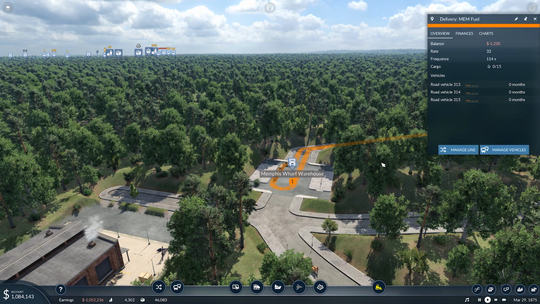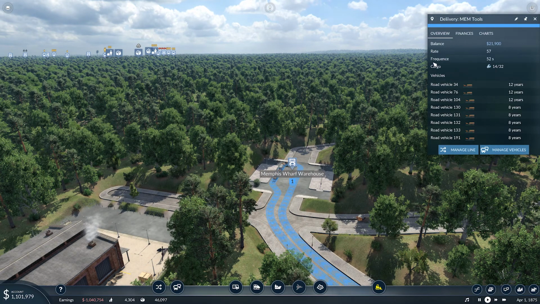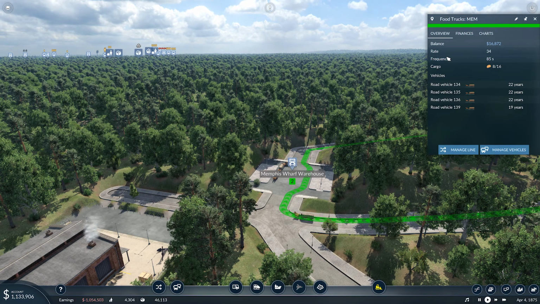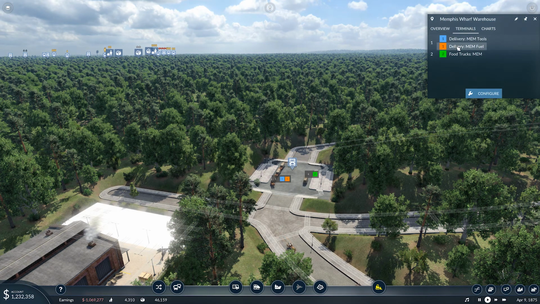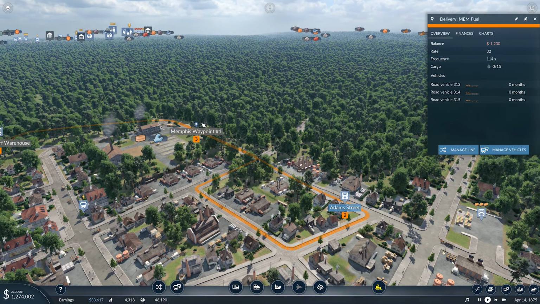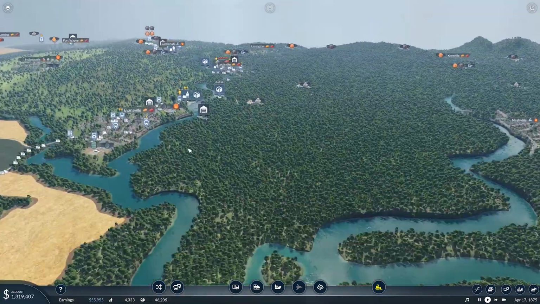So that's sharing that line. I don't think we want that. And that's just a drop-off. So we want to put the fuel on the other line. On the other terminal. Okay. That's better. Okay. Memphis is set up to receive fuel, and then